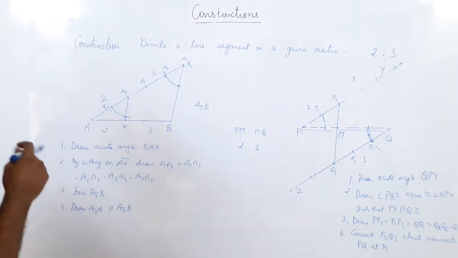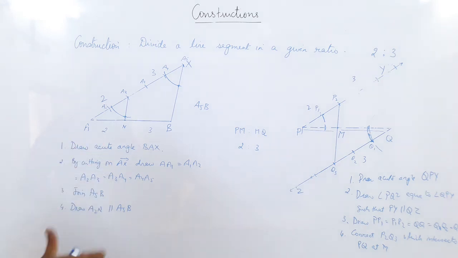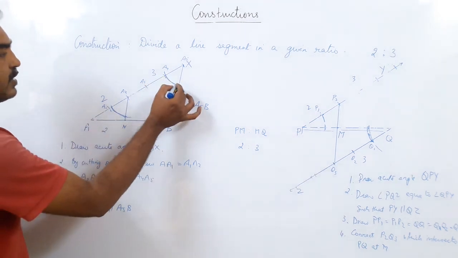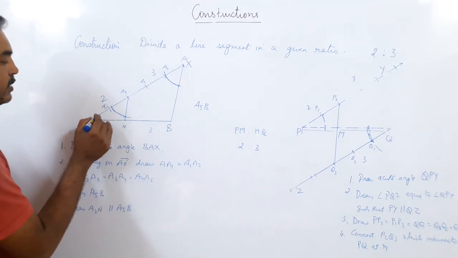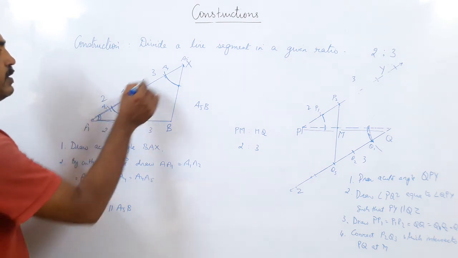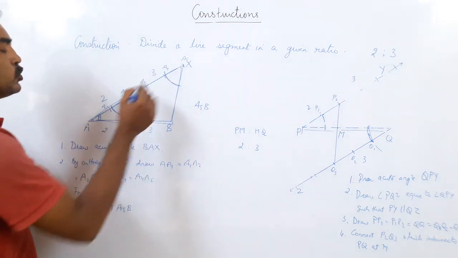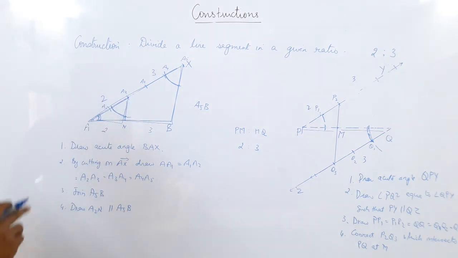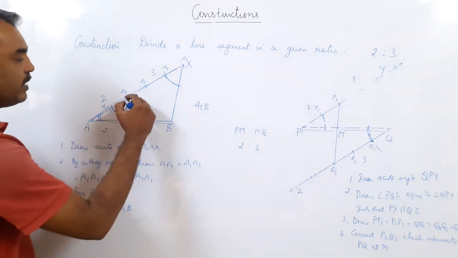Okay. Now you have understood the construction and the steps of construction that you have to write. But what is the mathematical principle I used here? The mathematical principle is the similarity of triangles. You can see this angle and this angle I drew equal. This angle is common to this smaller triangle and the bigger triangle. So by AA axiom, the two triangles are similar.